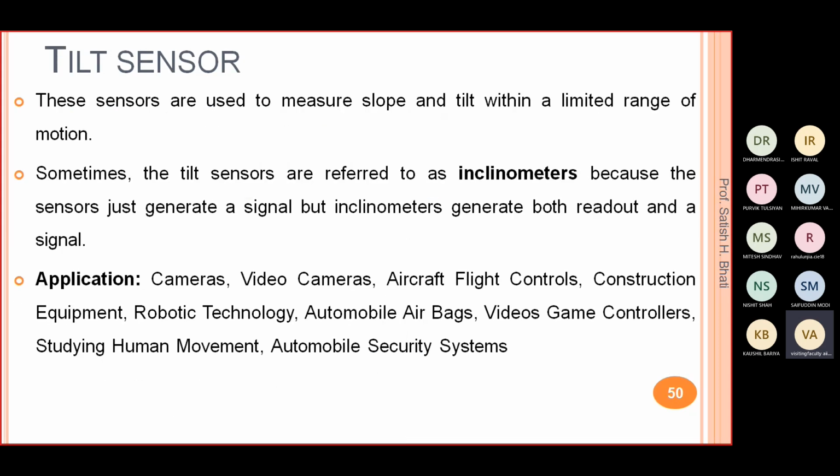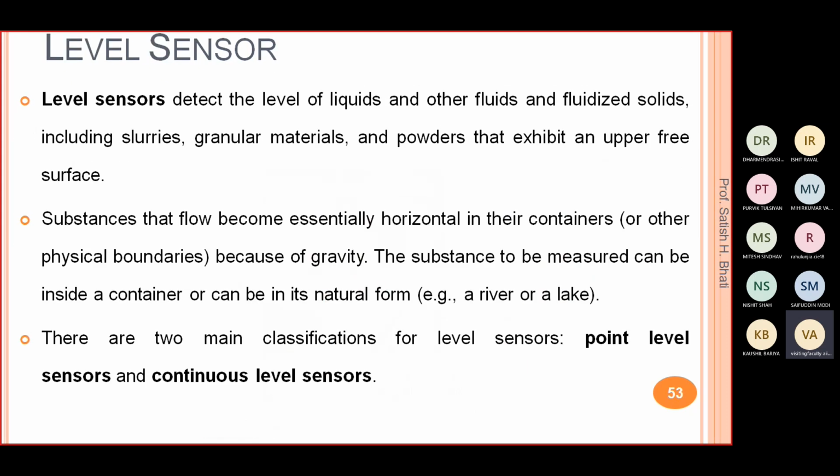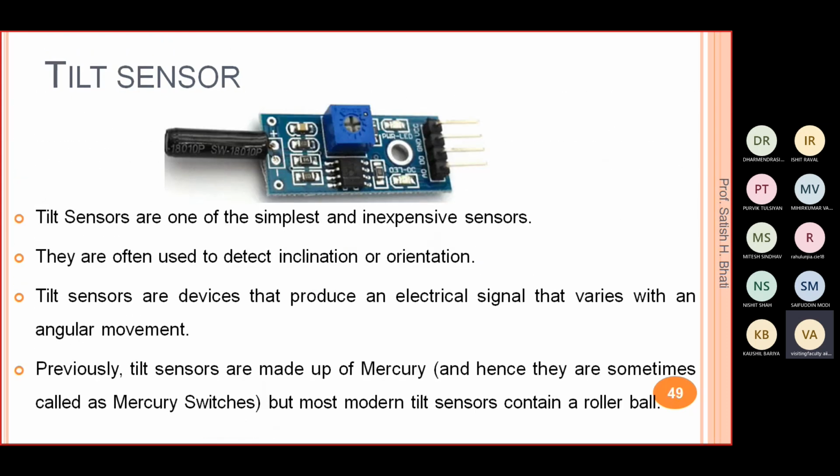Then the next one is the tilt sensor. This tilt sensor, in civil engineering, you most of the time use this sensor. This tilt sensor is used to find the inclination or tiltness of any surface. In the figure you will see a very low-level tilt sensor. Generally we use it in some mini projects in which we are using Arduino. So it's compatible with Arduino microcontroller or development board.